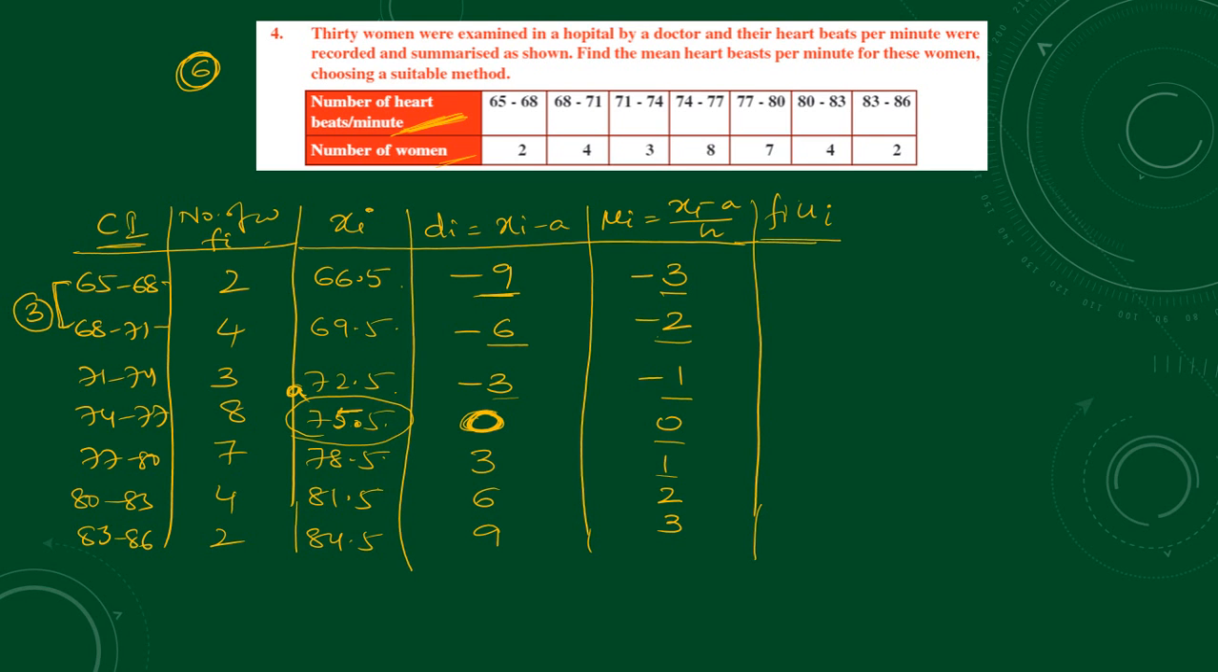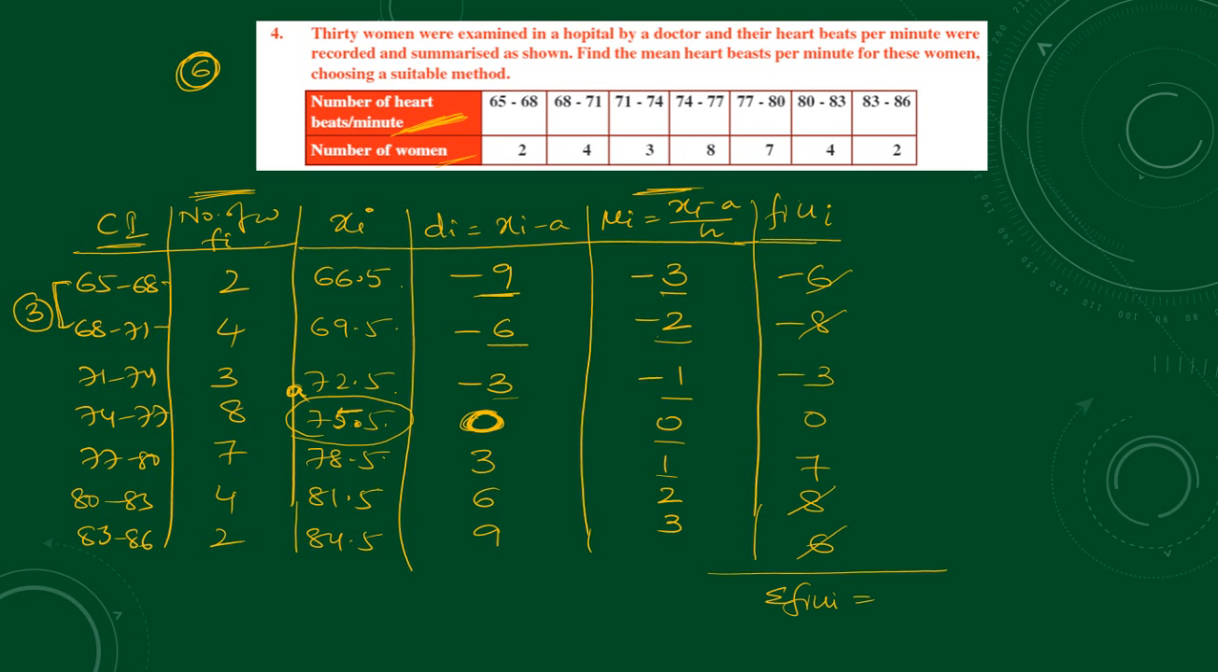Fi into Ui. Fi is the second column, Ui is the last column. So multiply those two values. 2 into minus 3, minus 6. 4 into minus 2, minus 8. 3 into minus 1, minus 3. 8 into 0, 0. 7 into 1, 7. 4 into 2, 8. 2 into 3, 6. So on adding, the summation of Fi Ui: 6 minus 6 gets cancelled, minus 8 plus 8 gets cancelled,